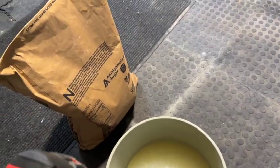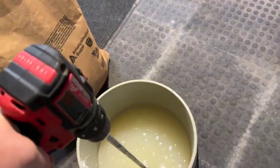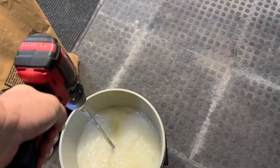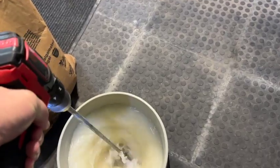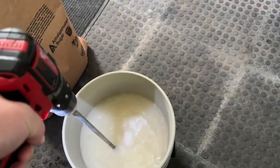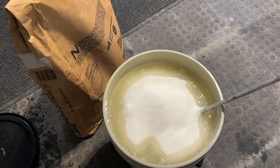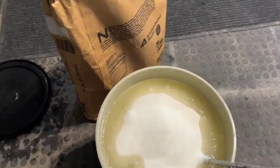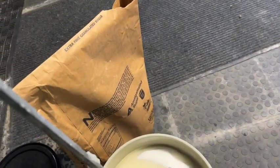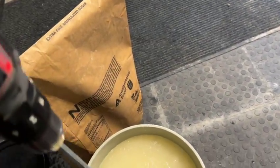All right, I just poured in another 1/3 of the sugar, so now we're at 2/3 full, so I'll mix that up with a mixer on the bottom of the drill. Mix that up in nice hot water until it's all mixed up, and then fill it up with sugar again, and then mix it again. Okay, another third of sugar, so now it's pretty much almost full, so let that soak in and take your drill and mix that up, and then you'll have a nice thick 2-to-1 sugar to water and honeybee healthy mixture,